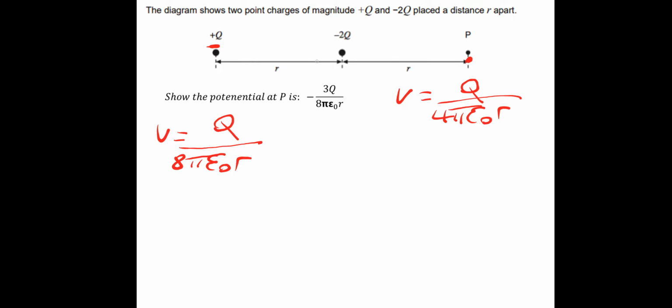Okay, then we can get the other potential from the minus 2 charge, so that potential would be minus 2q, because that's its charge, 2 lots of q, divided by, now the distance is r, so it would just stay as 4 pi epsilon naught r. Now, because potential is a scalar quantity, we just need to add these together. So obviously we're going to multiply this one on the right by 2 to get the denominators the same. So if we times that one by 2, we would end up with